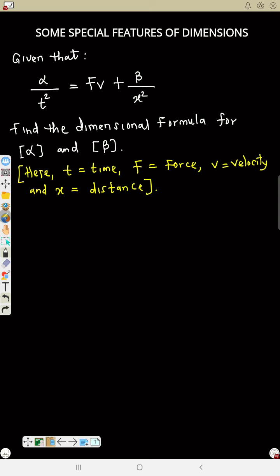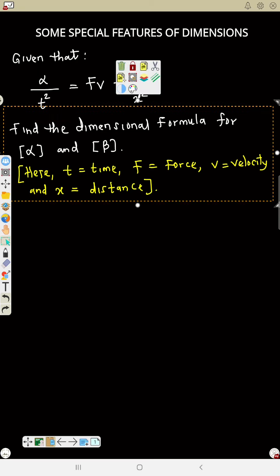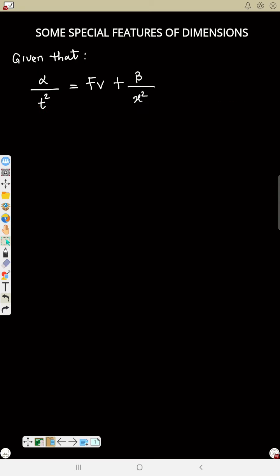Now, where t is time, f is force, v is velocity, and x is distance. Now let's solve the problem. So to find the dimensional formula for alpha and beta, let me clear this part. Now based on the first figure,